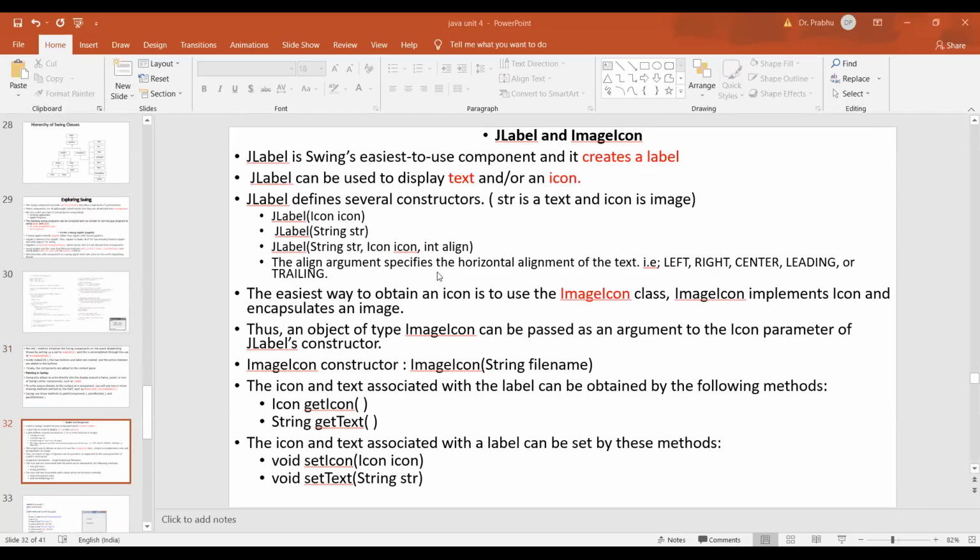Another important thing is that for any component, you can assign the values. You can assign the values for that component in two ways. One way is by using the constructor. Another way is, without using the constructor, we can directly assign the values by using set and get methods. You have to understand this point. For every component, you can use set and get methods to give the properties, the attributes, for that component. One way is by using the constructor, another way is by using set and get methods.